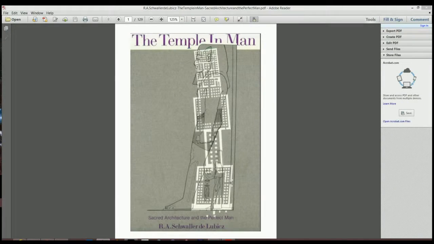Hey everybody, I wanted to talk about the next part of this Temple and Man. We're going to take a look at the Church of the Gesu and some of the sacred geometry inside of it a little bit today. First I wanted to start off though with something from Orion The Temple and Man here that you see,